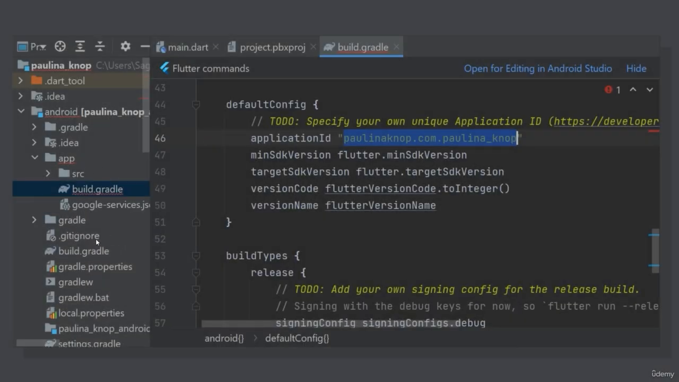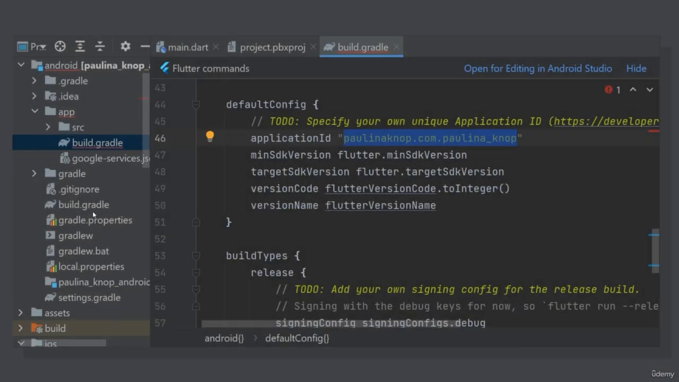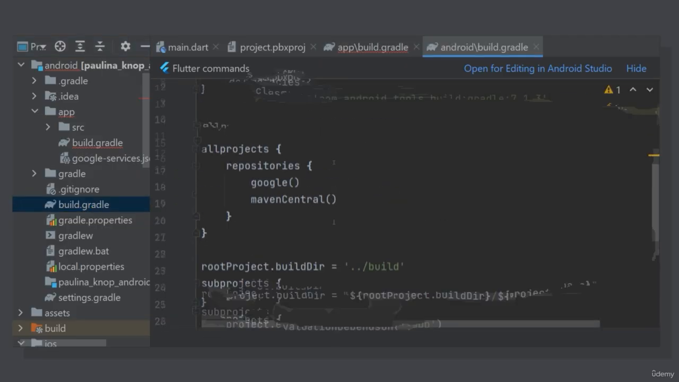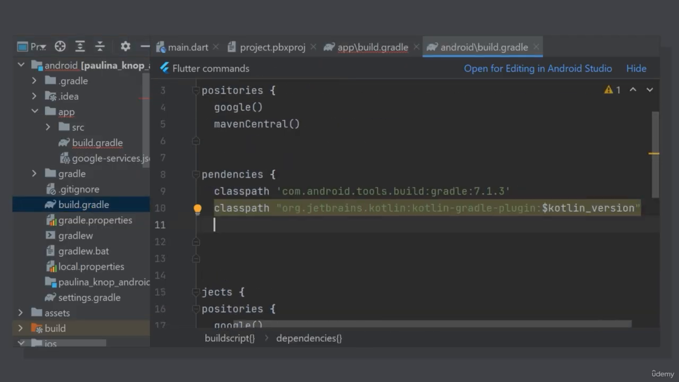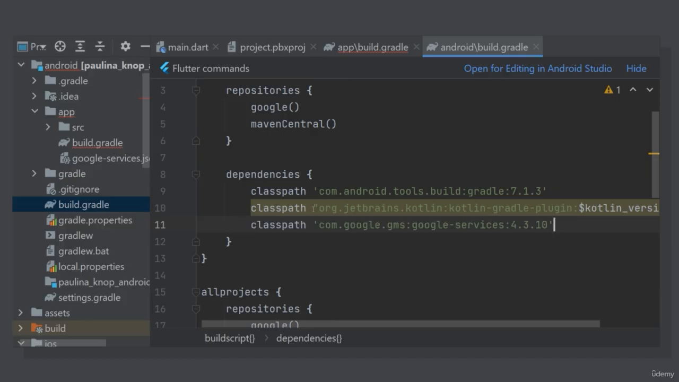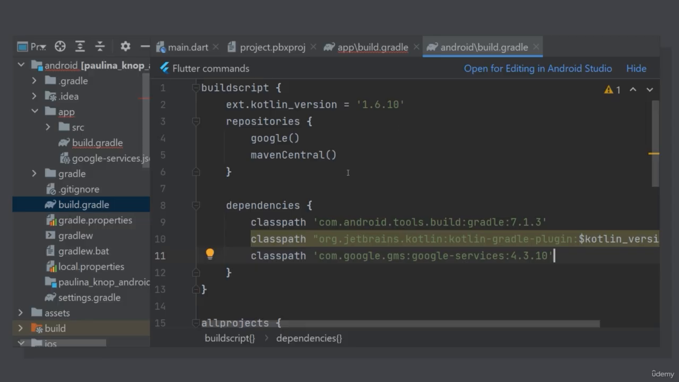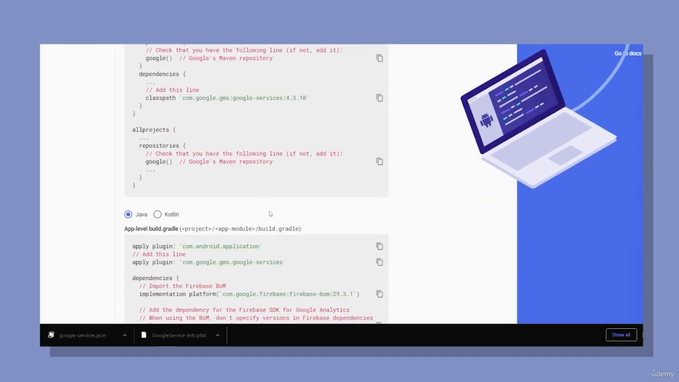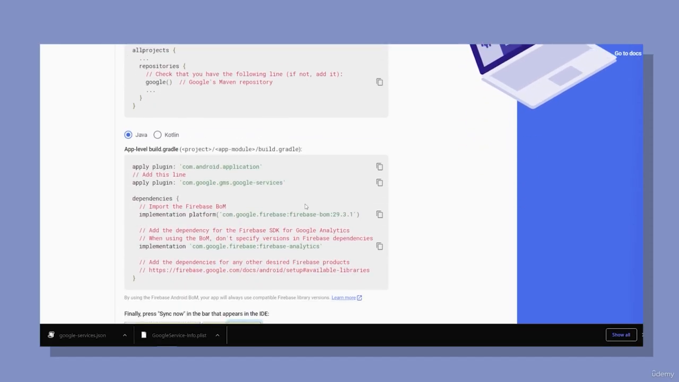I am going to open this exact build Gradle file. And it's time to paste the configuration inside the braces of dependencies right here. Great. Heading back to Chrome, if we look at the second part, we can read that we need to add